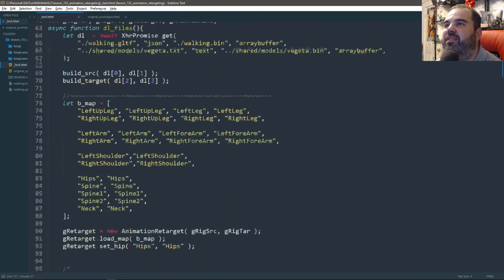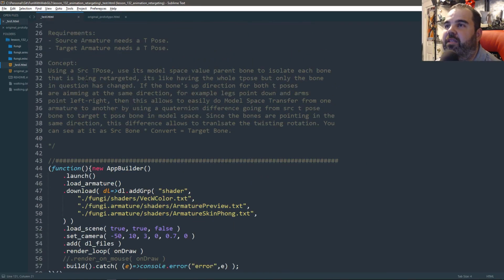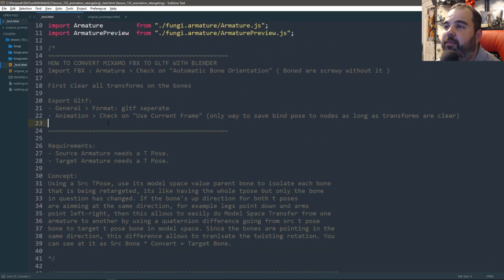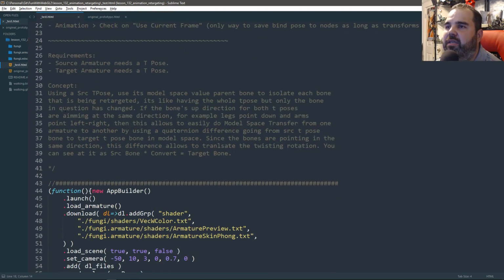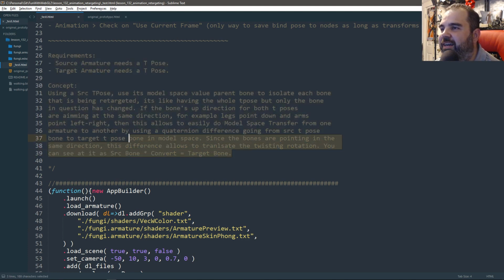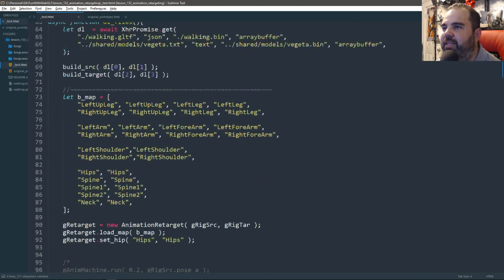So in the test file is where you're going to see the nice cleaned up code. Nice and clean. I have lots of comments in here. I have information on how to save it, FBX, some requirements, basically everything I blabbered on about throughout the beginning of the video. And I think I repeat myself a lot